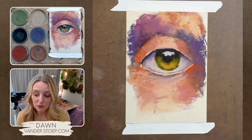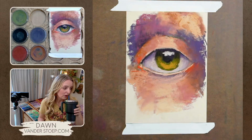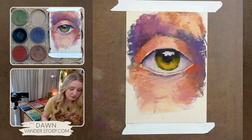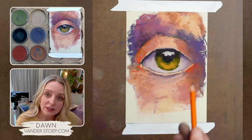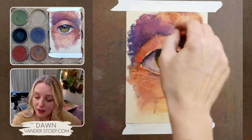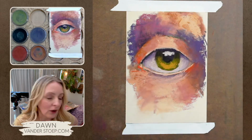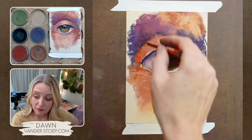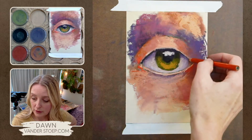Okay, so I'm going to go on and we're going to add the eyelashes here, and then I'm going to briefly go over what I was going to talk about. Make sure I have everything in there. What I really like is at this spot, you can take a pastel pencil or charcoal pencil. I don't like to do the full eyelashes throughout. I like to give a subtle hint, like you can see here, it's really subtle. I want to give you the idea of eyelashes, and then the viewer can fill in the rest. If I go around and do it all, it's going to be really a lot. So I just like to